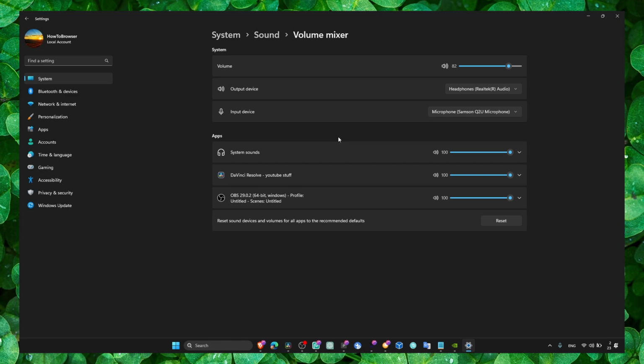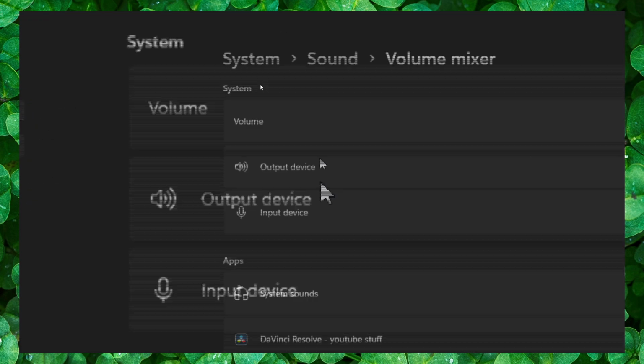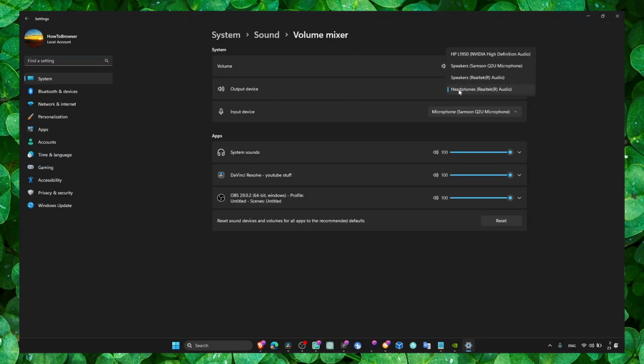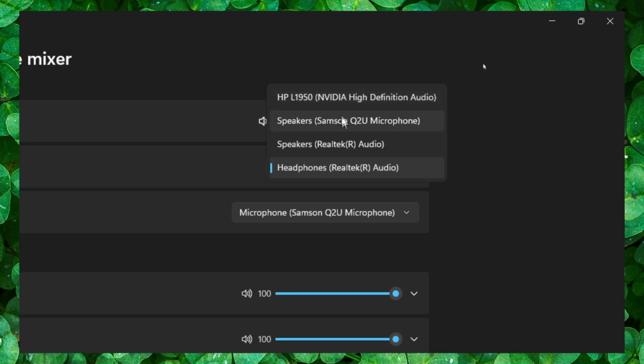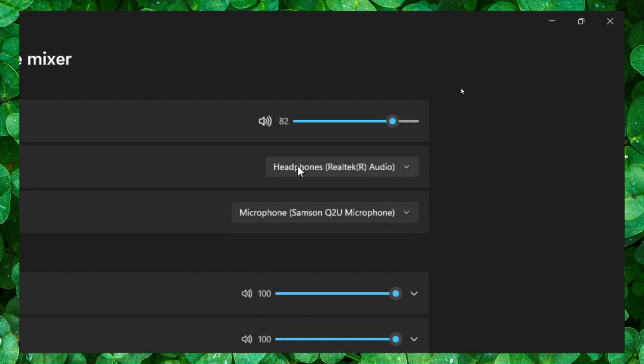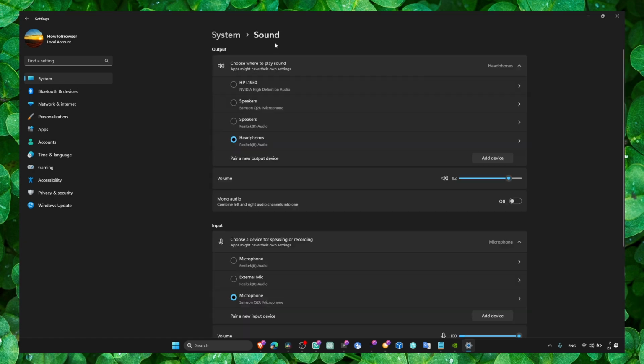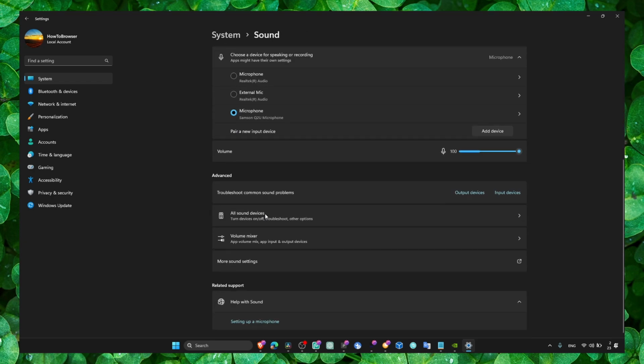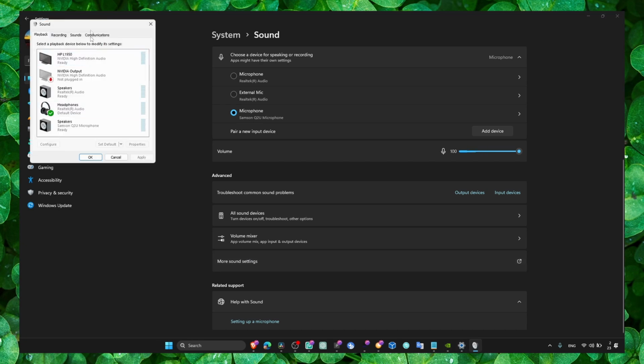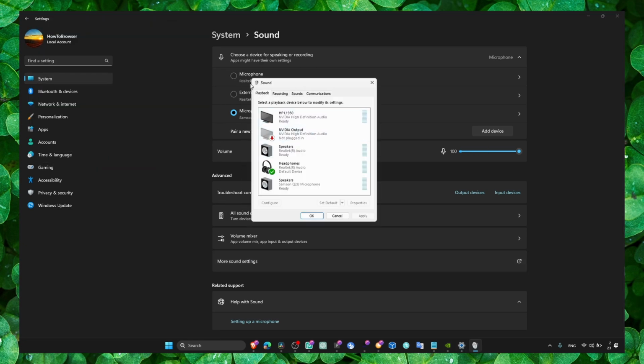And if that's not the reason, then you can also go to output and make sure here you have the right output. Let's say if I select the Samsung Q2, then I won't hear any audio. So make sure you have the right output. You can also click on sound here, output, and here input for your mic. Click also on more sound settings, and here in playback, which is your output, make sure you click on your headphones, make sure you select the right output, and then you click on properties